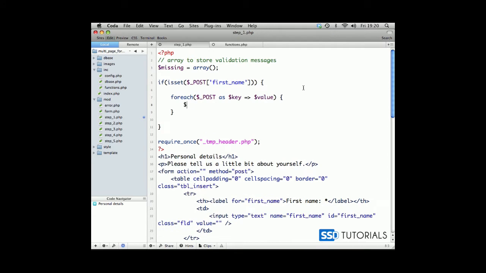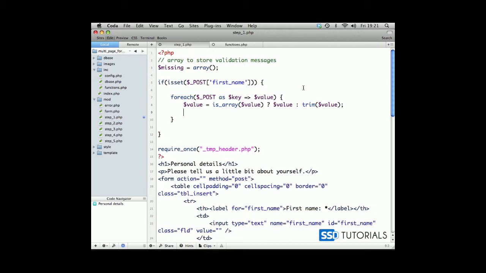Okay, and now first we're going to make sure that our value, if it's an array value, then we simply pass this array without changing anything. Otherwise, we will trim the value if it's just a normal string, to make sure that there aren't any spaces at the end of the string itself. Okay, so if empty value